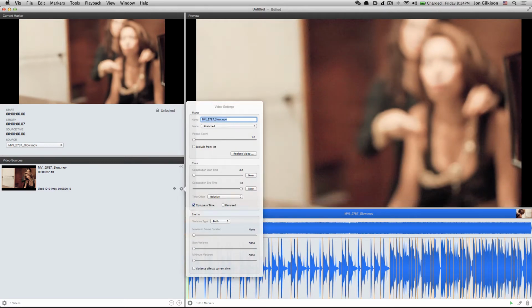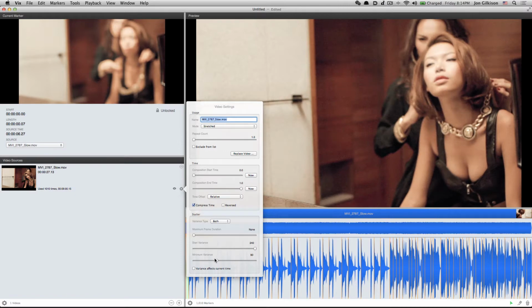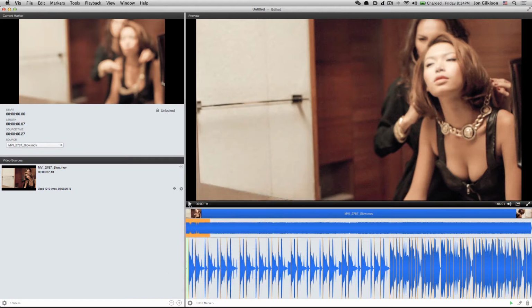And basically what stutter does is randomly offset the start time by a given number of frames. So if we set this start variance to 240 frames, that's 8 seconds forward or backwards in time. The minimum variance could be 0 frames, or we could say always randomize the start time 90 frames minimum, 240 frames maximum. So 90 to 240. And if we play, you'll see